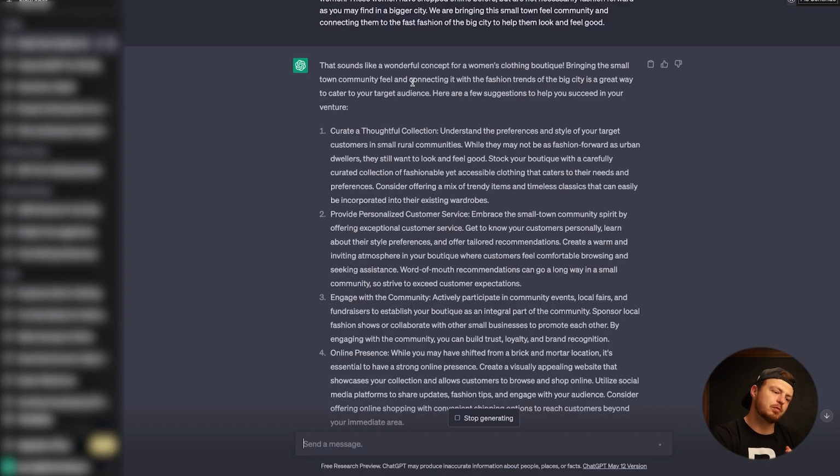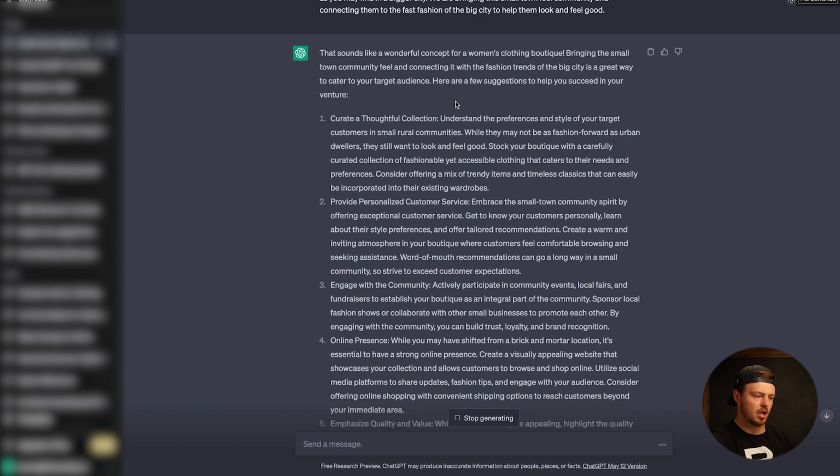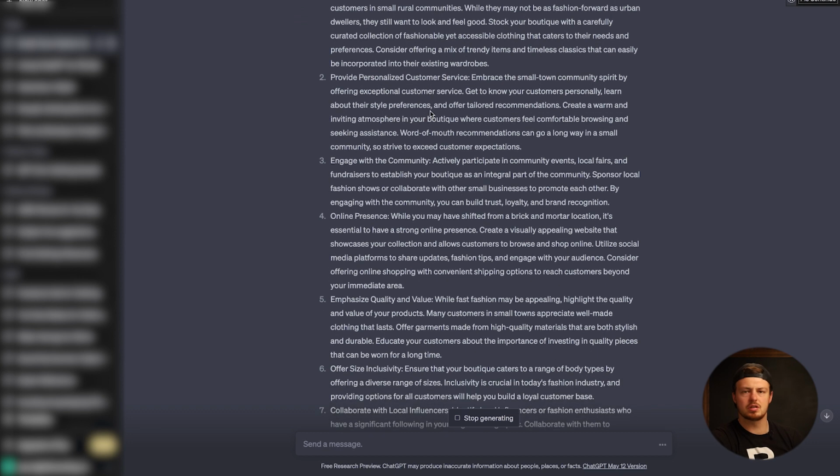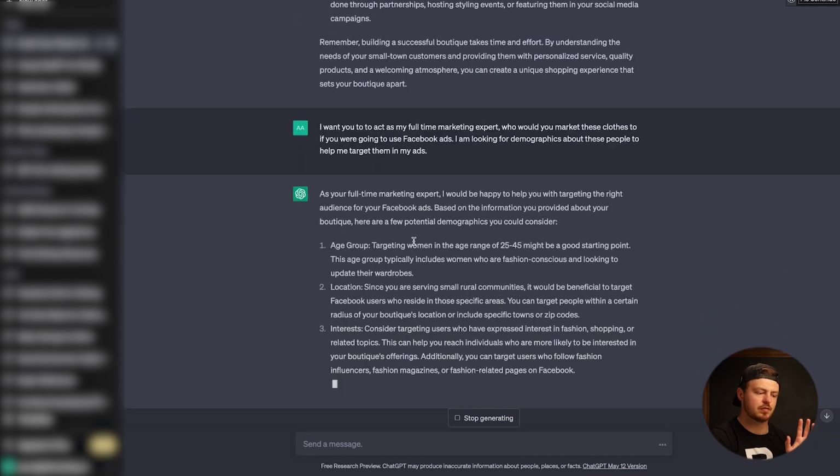all right, so what did it tell us? It says, all right, this sounds like a wonderful concept for a women's clothing boutique, bringing the small town community feel and connecting with the fashion trends of the big city. Awesome, that's what we said. Curate thoughtful collection, we talked about that. Provide personalized customer service. So I gave it some more information,